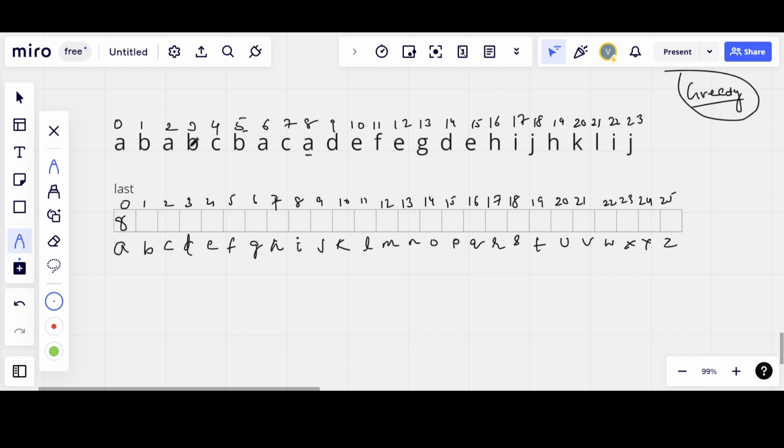Last occurrence of B is 5. Last occurrence of C is 7. Similarly, for D it is 14. For E it is 15. For F it is 11. G it's 13. H 16, I 22, J 23, K 20, and L 21. So